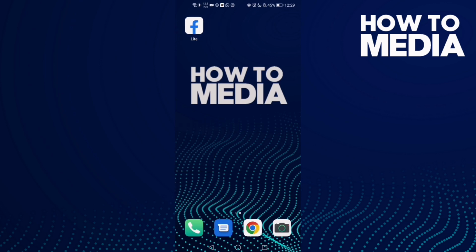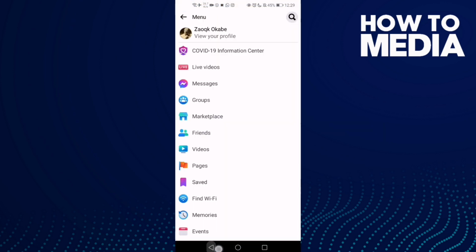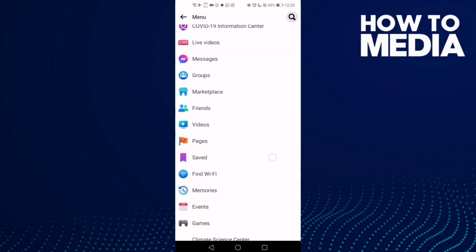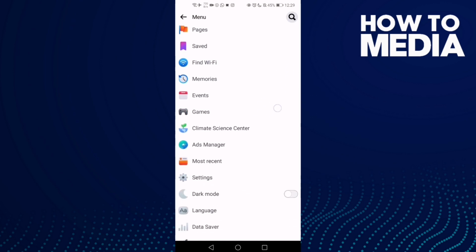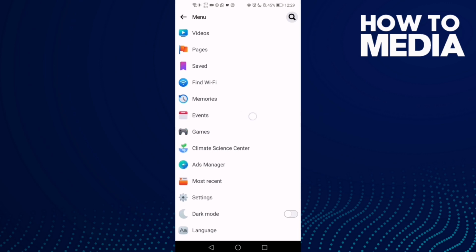First thing, go to Facebook Lite and then just click these three lines in the top corner, and after you click on it just go down and you will find this one here, events. Click on it